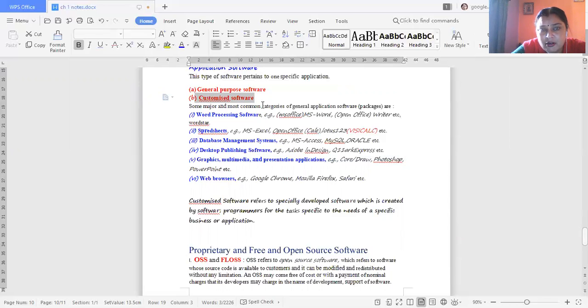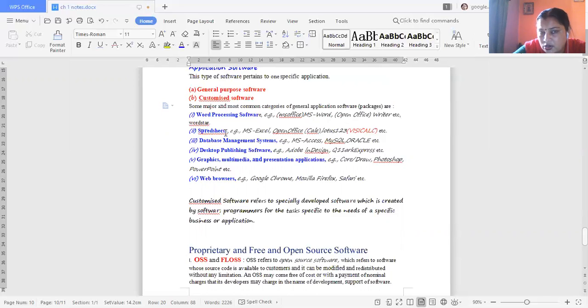General purpose software is software that is used for general requirements. For example, word processing software is a general purpose software used to perform work related to documents. Examples of word processing software are MS Word and Writer: MS Word in MS Office and Writer in OpenOffice.